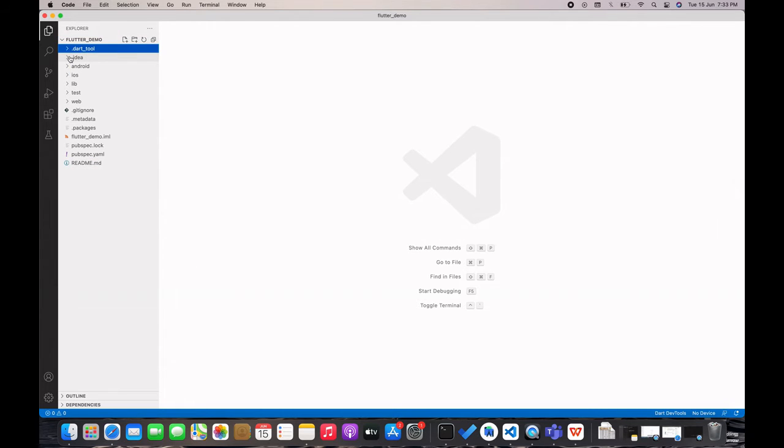Let's move on. .idea. The .idea folder contains your code editor project related setting specific files. There is no need to make manual changes in here.